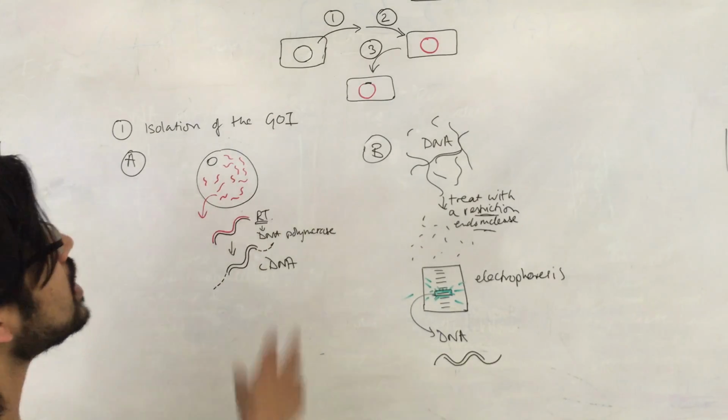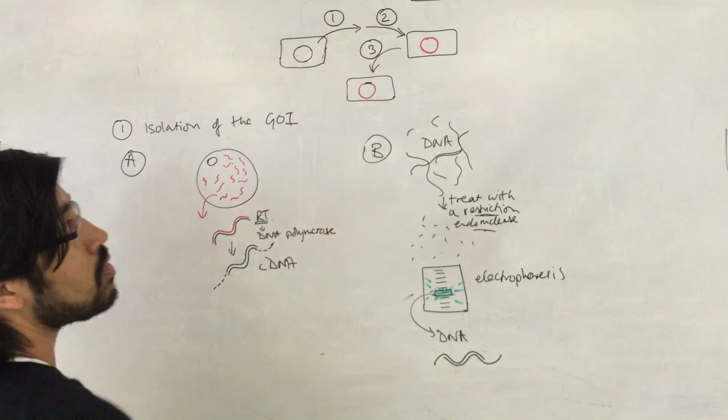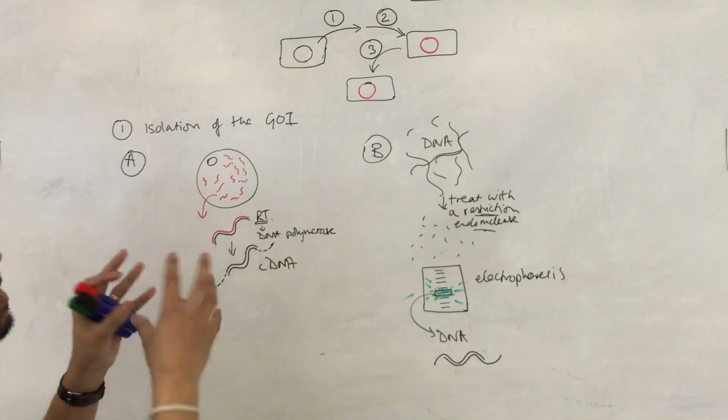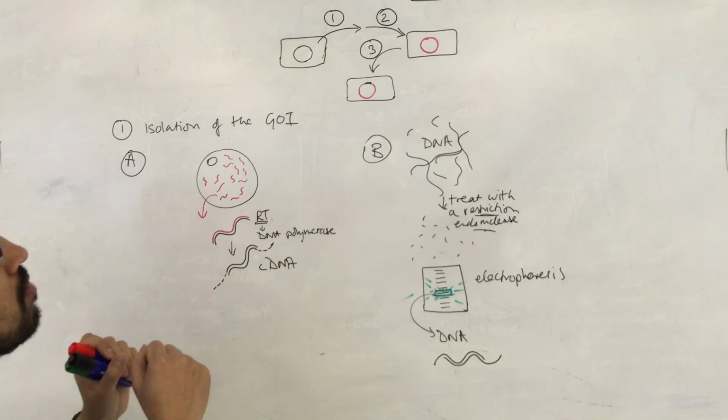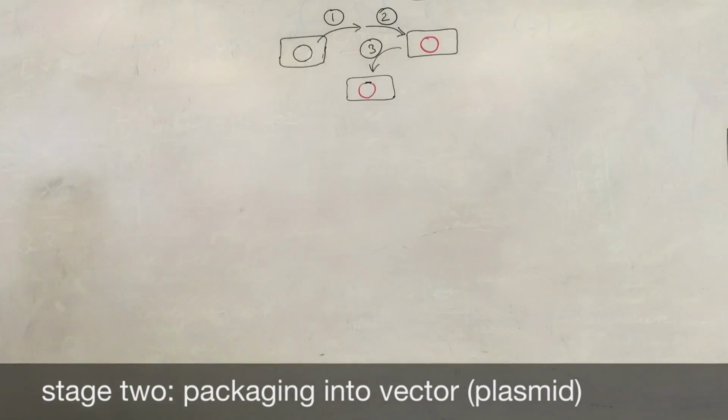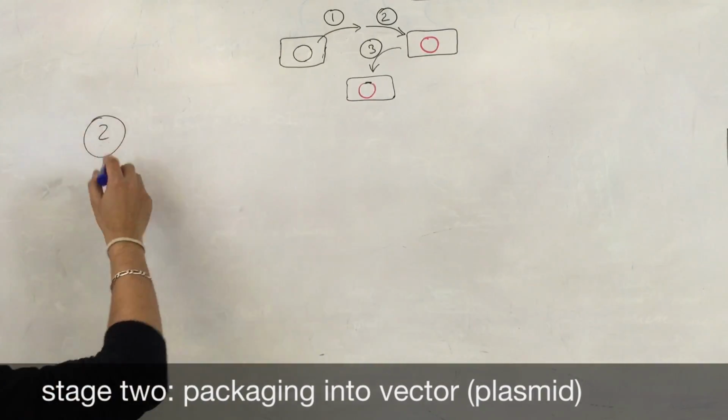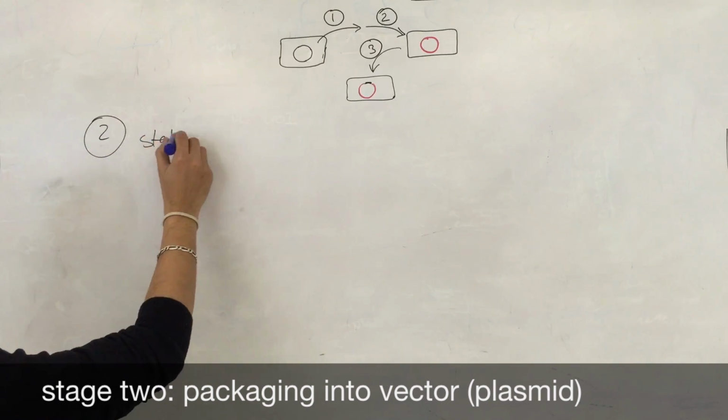On we go to the next stage. So we've done stage one, we go to stage two now. How do we package this up into a vector? So we're talking about stage two now. Stage two is stabilizing our DNA,